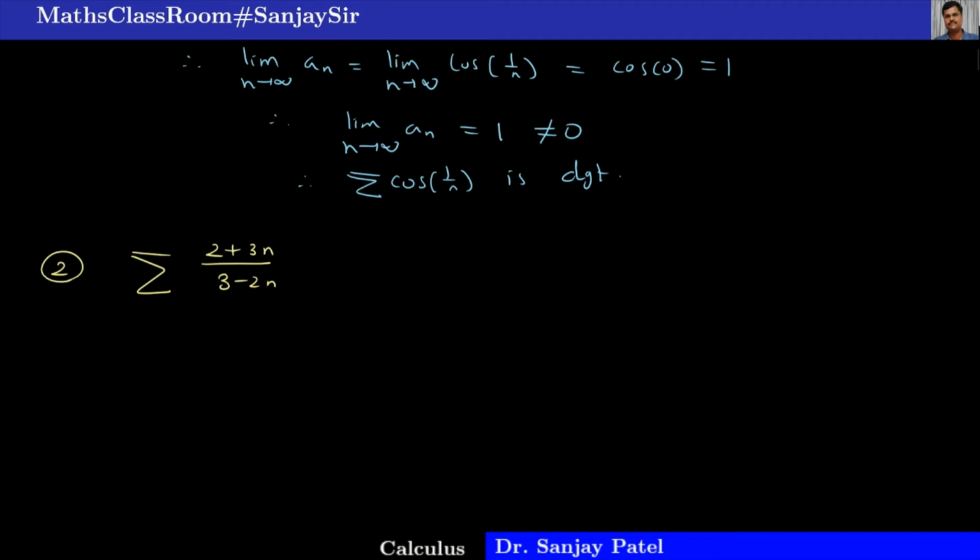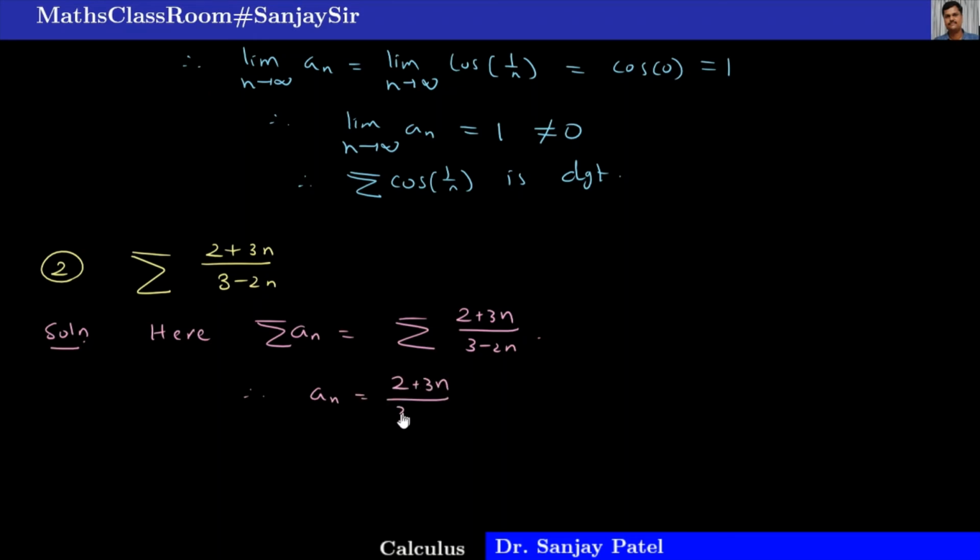So here in this case, we have sigma an, that is sigma 2 plus 3n upon 3 minus 2n. So I can say an is 2 plus 3n upon 3 minus 2n. Now if you find the limit of this nth term, and you know very well how to find the limit of sequences,